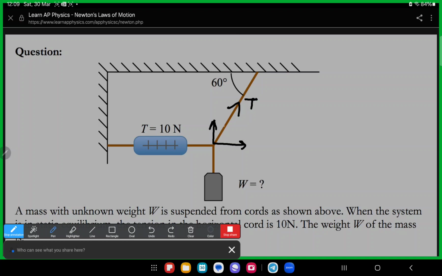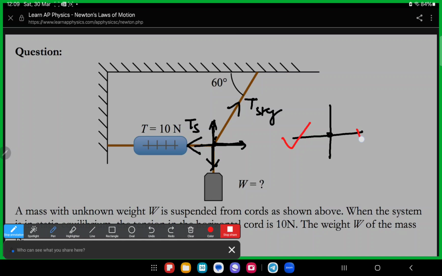resolve, because this is a tension, and since this is spring force, let's say spring force, this is a string, string tension, and this is weight. So once again, always remember, we will make a plus at the intersection. So if it is